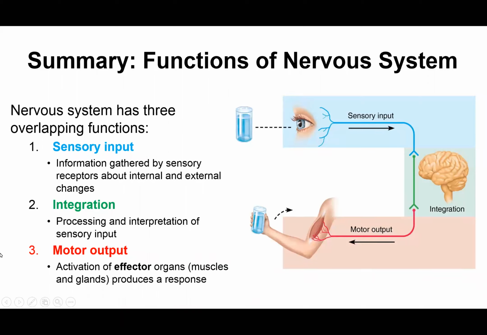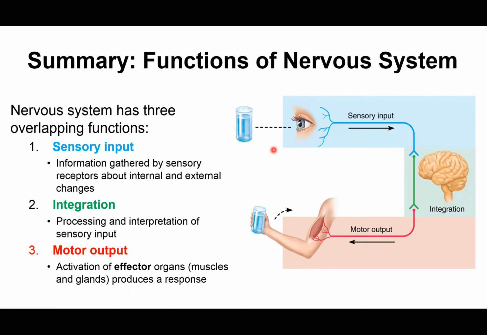So I've already kind of mentioned these, but I just wanted to again point out this is just kind of a summary of the functions of the nervous system. It has three overlapping functions. We have sensory input, which is the information that's going to be gathered by those sensory receptors about the internal environment and our external environment. Okay, so it doesn't have to be something that you see in the outside world. Maybe you have, I don't know, a fluctuation in temperature. We have sensors that will take that information and send it to the brain and basically tell the brain, hey,